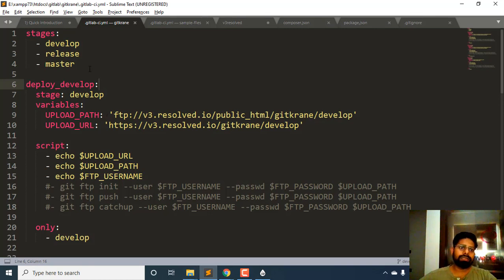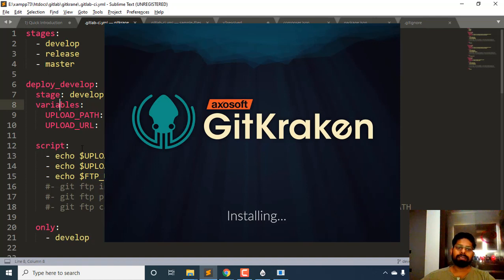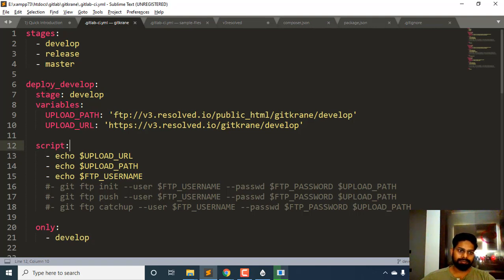So these are the stages. You can name it anything that you want, and then what we are doing is creating a script that will basically tell GitLab what to do. Okay, so what we are doing here, deploy, develop, which means this stage we are giving a name here,